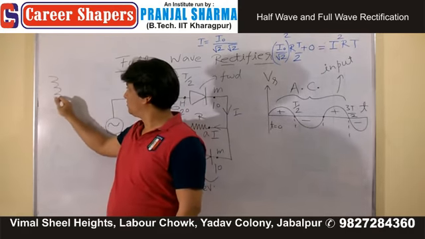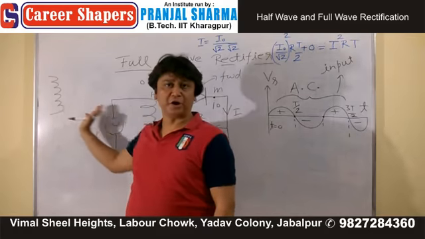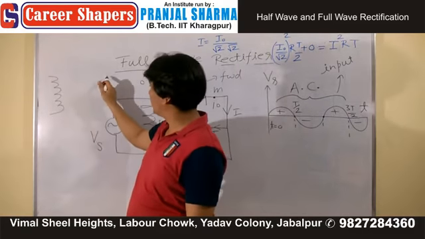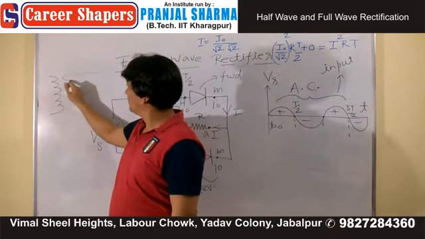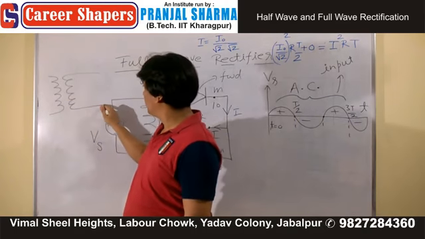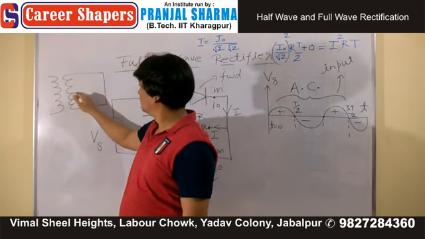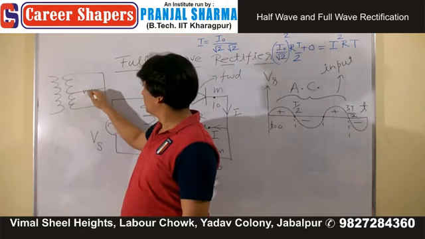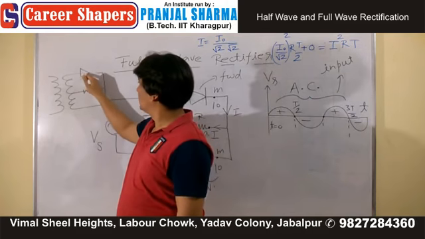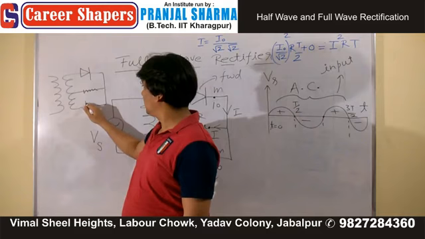This is your primary coil. You can draw the left side. This is your secondary coil. Connect the whole thing, your diodes,